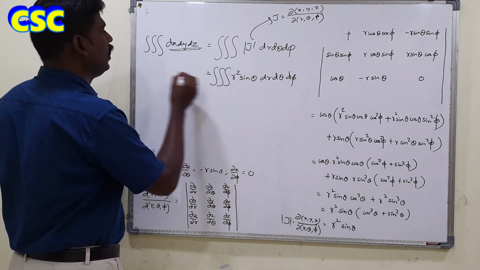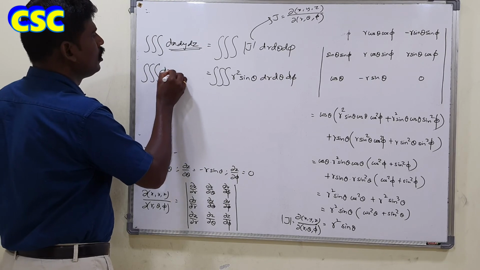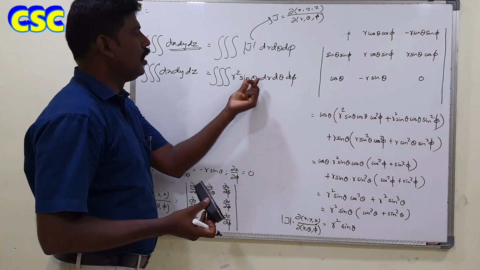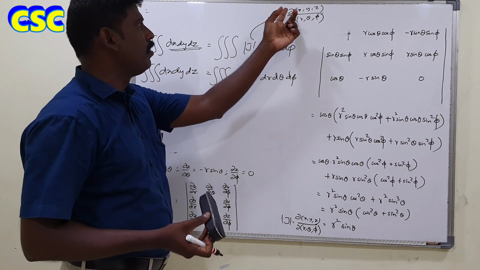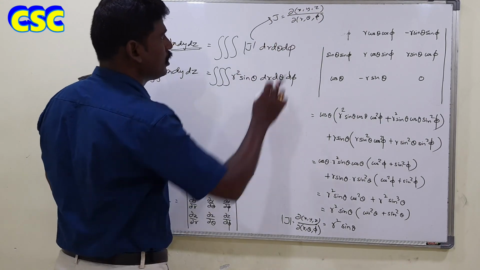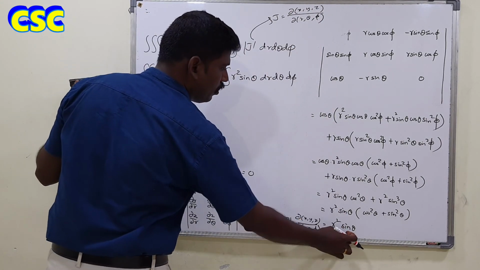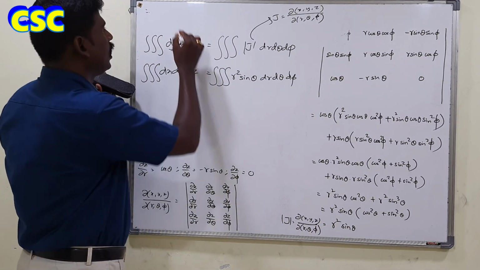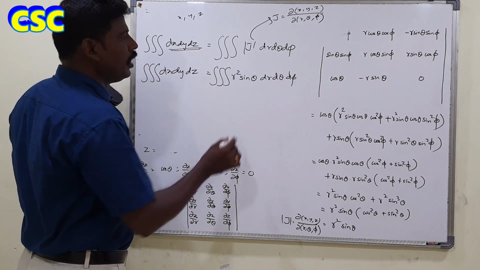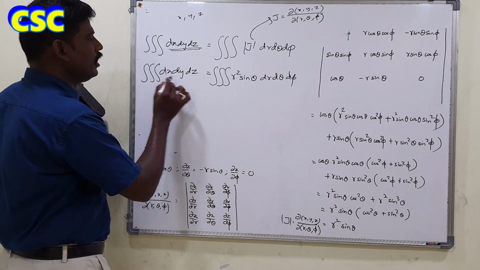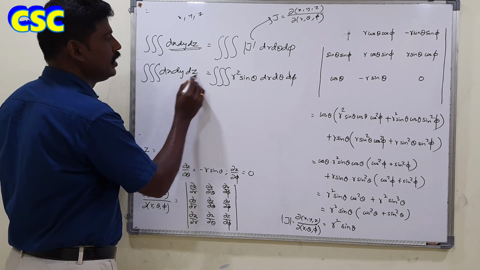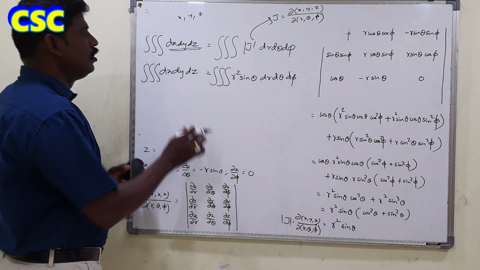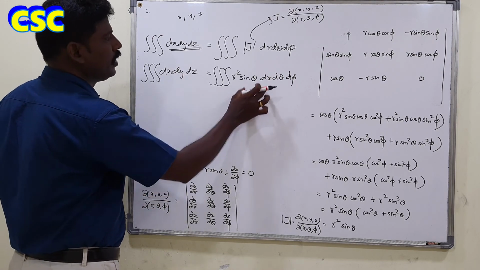So this triple integral in Cartesian coordinates dx dy dz is converted into polar coordinates by dr d theta d phi by substituting the Jacobian value of partial derivative of x, y, z with respect to r, theta and phi. What is this value? Already we found r square sin theta. This is called the Jacobian value of spherical coordinates. Okay, x, y, z is in 3-dimensional. Substitute this value, so both will be equal. Triple integral of dx dy dz is equal to triple integral of r square sin theta into dr d theta d phi. That's all. So finding the value on the left hand side and right hand side, both will be equal.